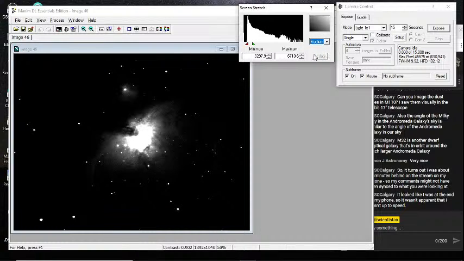Go back to here. Now this bit up here is M43, and this bit down here is M42. They are actually part of the same cloud of gas. There's just a dark band of gas here that makes them look like they're not attached. Let's go to 30 seconds here and see if we can get some of the fainter bits around the edges. Let's see what time it is. Oh, 8 o'clock.